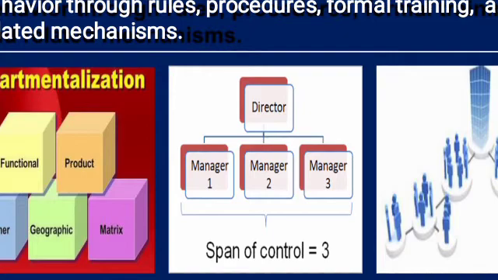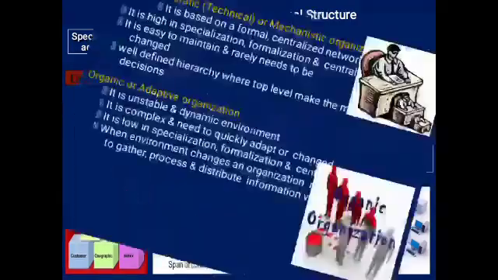Okay, the fourth one is formalization. Here, it is the degree to which the organization standardizes behavior through rules, procedures, formal training and related mechanisms. If you do not have policies or rules or procedures, then you cannot implement your ideas correctly. Though you have perfect plans to achieve your goal, you have to follow certain rules. Whatever rules you have defined, you have to follow them. We have certain procedures, and that procedure has to be followed perfectly to obtain the final output.